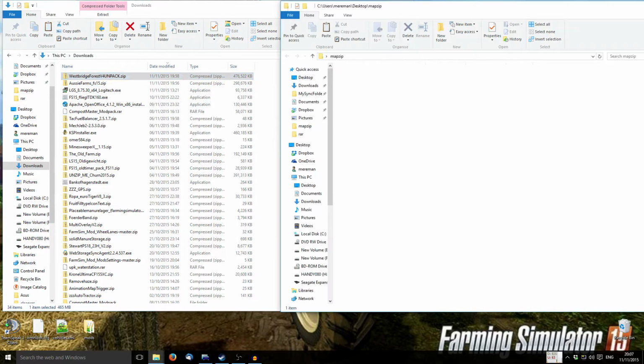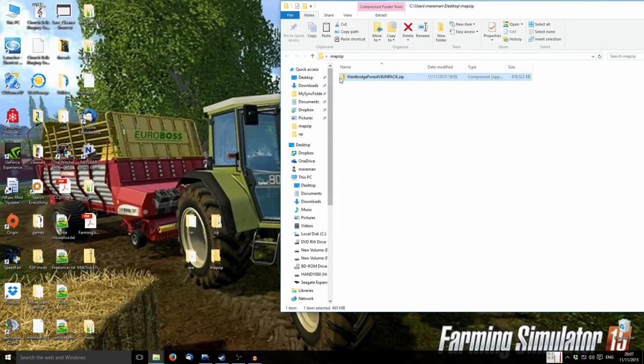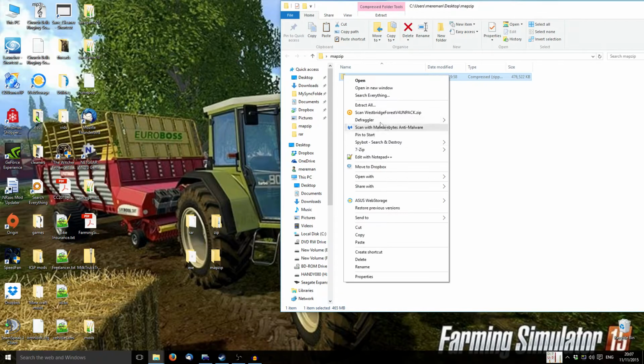This is the actual map we use, and I just took it off the download folder. This is the map we actually use, and I just re-downloaded it because mine is already unzipped. As you notice, this one is Westminster Forest version 4 unpack.zip. If you see unpack in there, it means you need to unzip it first, extract the files,